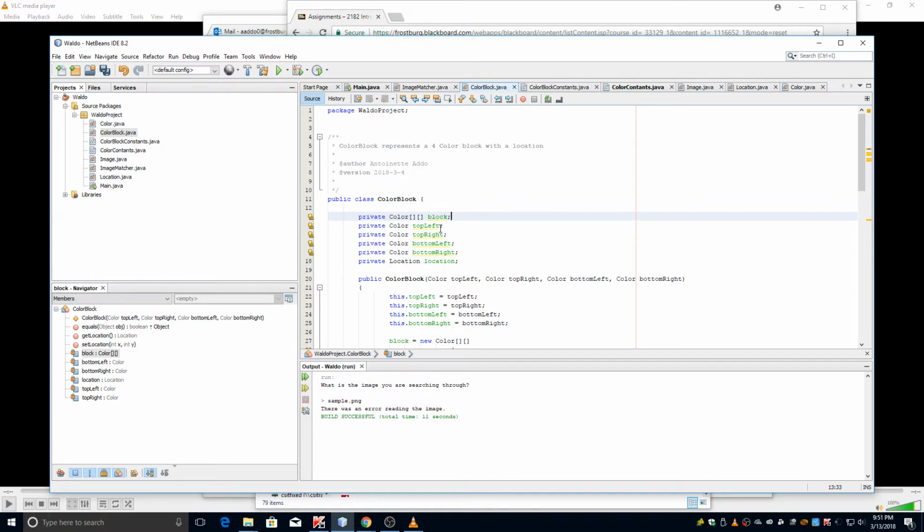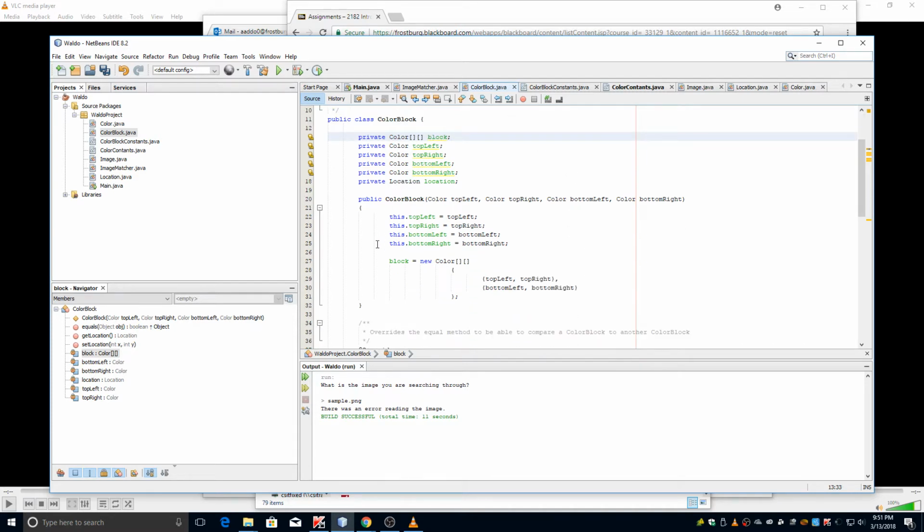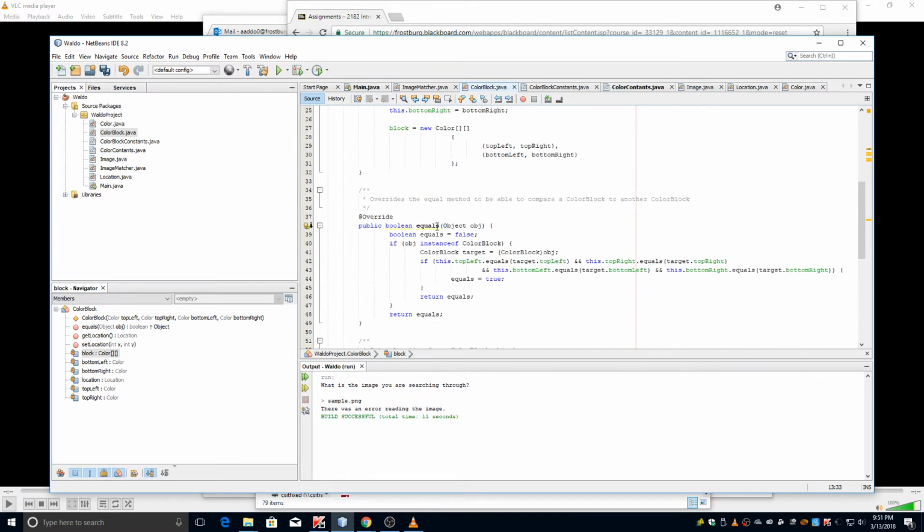So we have the top left, top right, bottom right, and I set that in the equals method just to compare the color blocks with the different color blocks